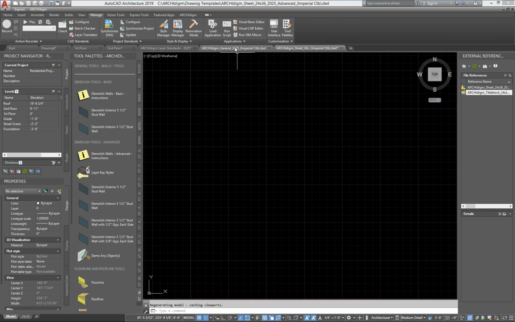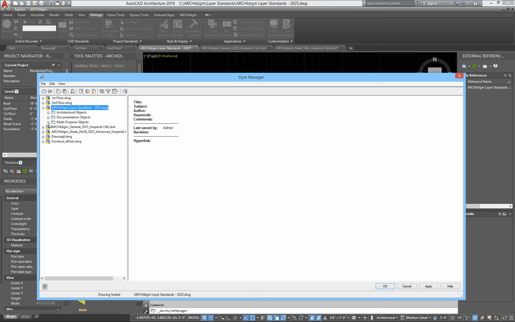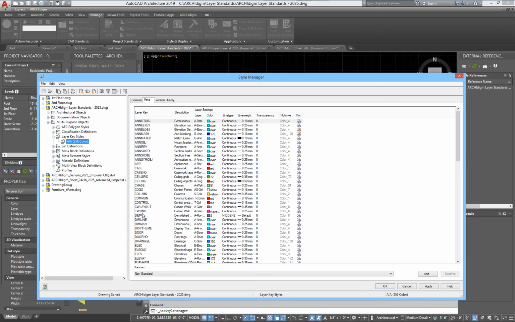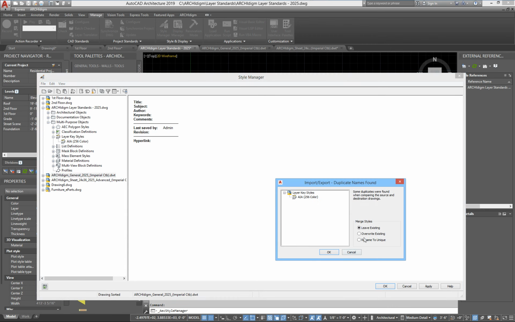Go to model space. Okay. Find the layer standards that you created. Make sure it has demo in it. Here I'm just going to right click it and do a copy. And I'm going to go down here. This is the other file. So paste, override,